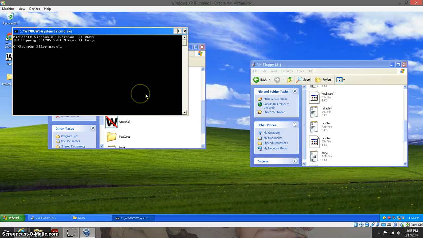nasmpath.bat, and we're going to first take our boot ASM file, convert it into a bin, and then write that onto the floppy disk. So we're going to do nasm space boot.asm space -o space boot.bin, hit enter,